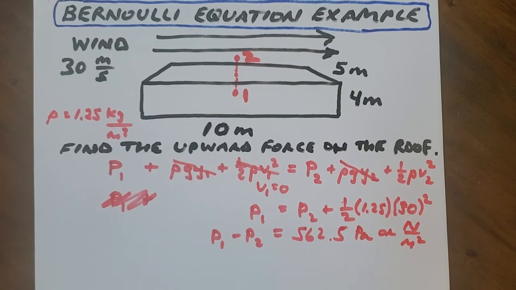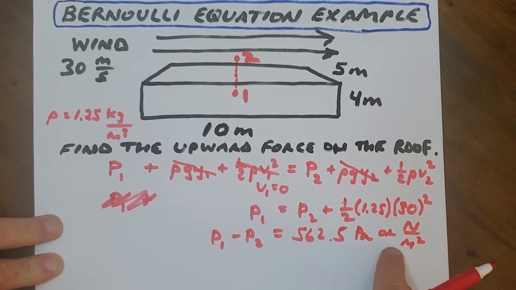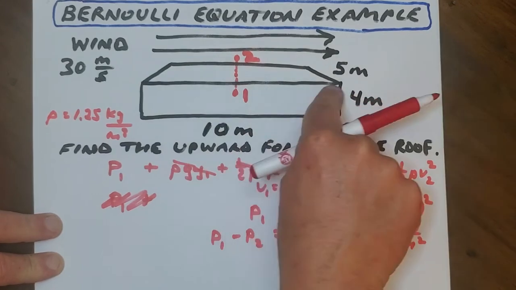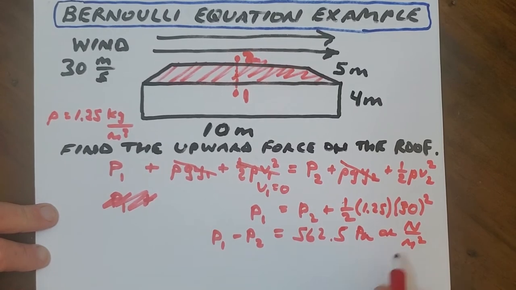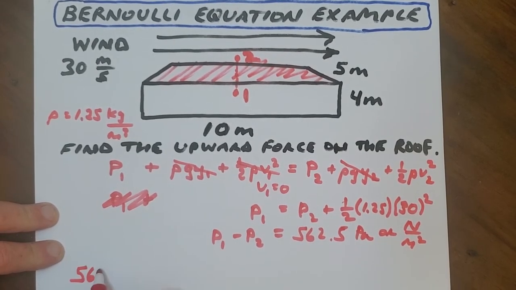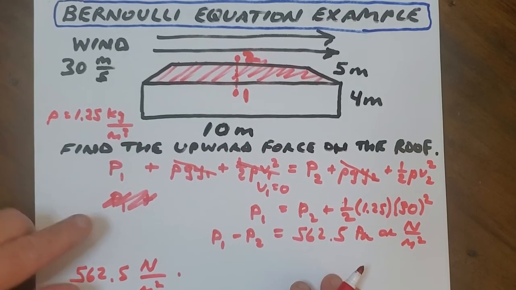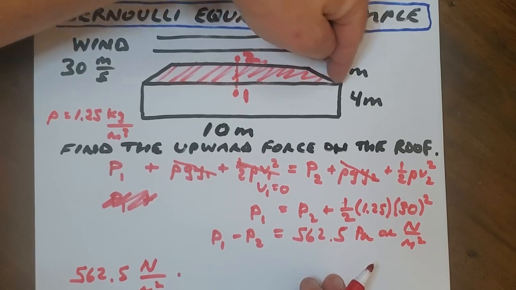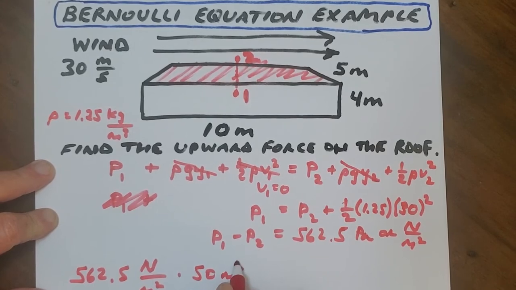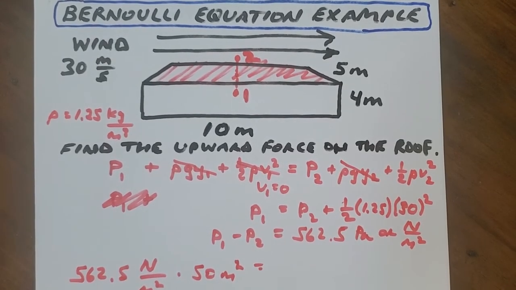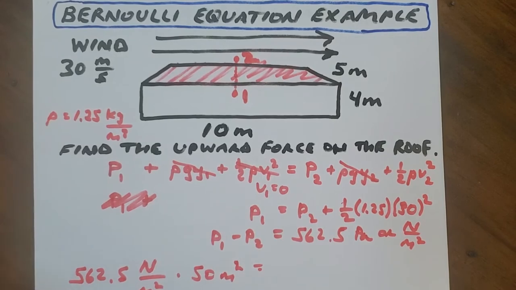And so now we can just say that pressure is force per area. So what area do we want to look at? Well, it's just the roof, just this top part here. So that's going to be the relevant area. And so we have 562.5 newtons per meter squared applied over the area of this roof, and the dimension we want really is 5 by 10, so times 50 meters squared. And that's going to give us the upward force. So 562.5 times 50 is 28,125